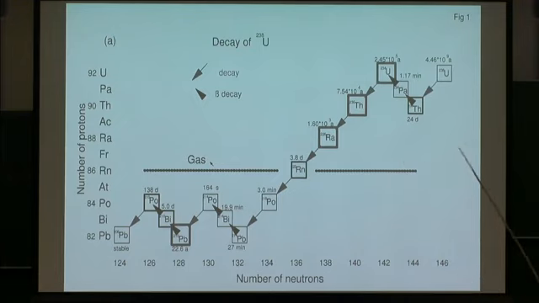And the reason for that is that obviously in equilibrium each of these steps must happen equally often. And that is wonderful because it means that we know the concentration ratios of these isotopes